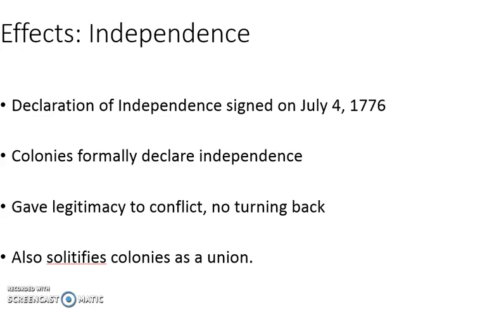All right, so those were some of the causes of the Revolutionary War. Now we're going to get into some effects. Now, the first immediate effect of the Revolutionary War was obviously, as you all probably know by now,